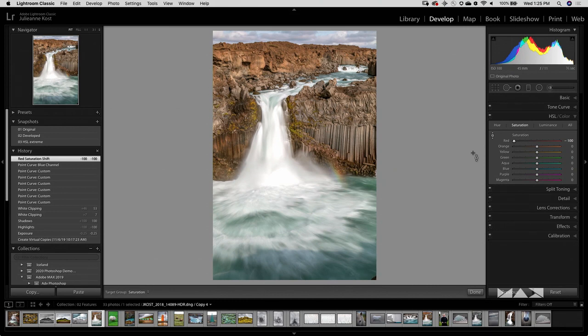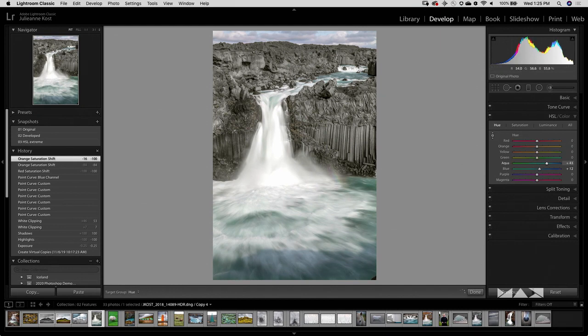Just go in and use your targeted adjustment tool, because when I pick this up and I click in that same area, I'm having a hard time picking it up. There we go. And you click and you drag down. Look at that, it's not actually red in there. Well, there is red, but it's also orange, and there's also a little bit of yellow there. And then I can come down here, and what I thought was green before is actually more yellow than it is green. And then we could go in here to hue, and I could come down and I could say,